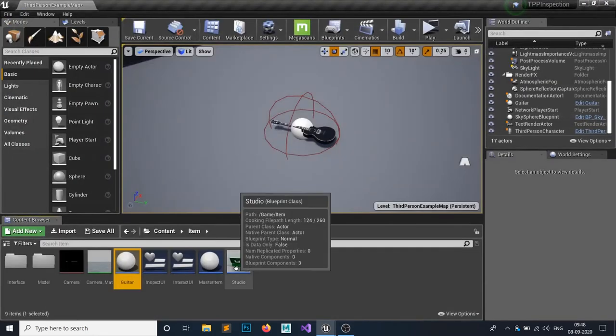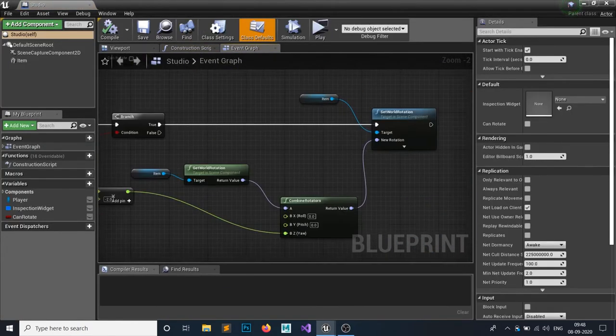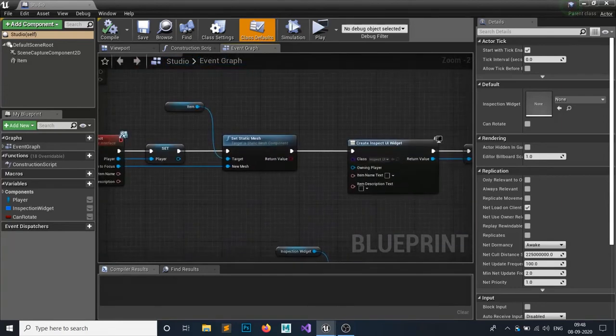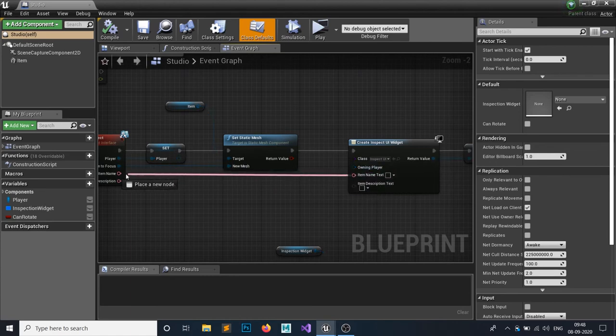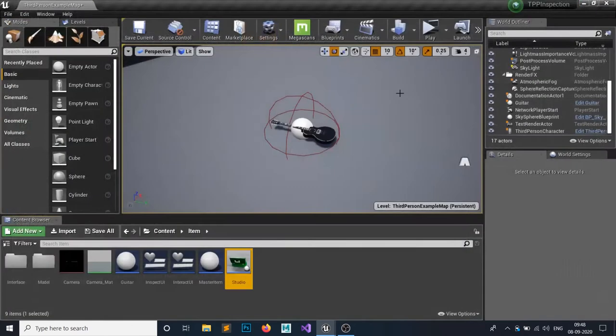And on your studio you can see we are creating the widget. You can see this item name and text. So why are these pins showing? Because we have set it to exposed on spawn. So just set it here and set the description here, hit compile and save, and we have all done.